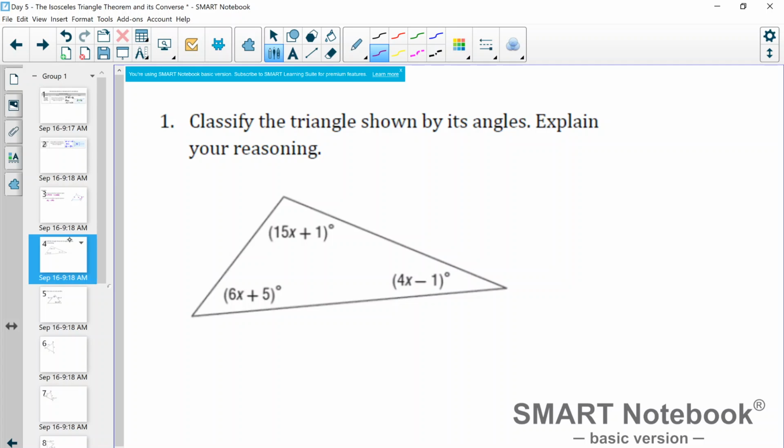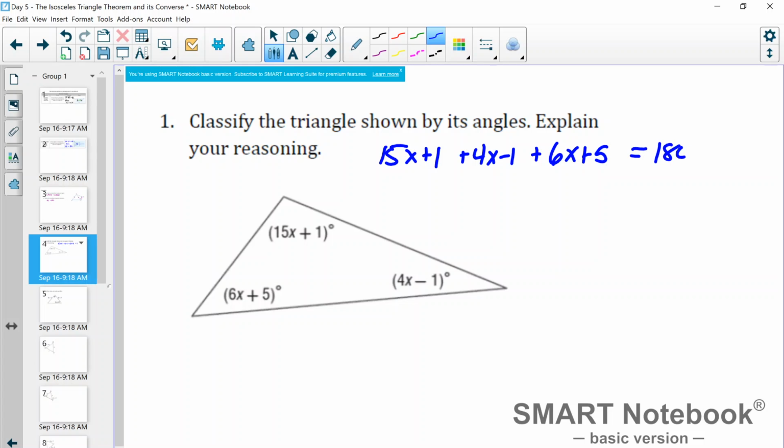Algebraically, we have these problems. We've got to classify the triangle shown by its angles and explain our reasoning. So here we have angle measurements. In terms of x, we have no idea what they are. So the question becomes, how do I figure out what these angle measurements are? Fortunately, we learned in the previous lesson that if I were to add up every angle in a triangle, I'm going to get 180 degrees. So if I add these three angles, 15x plus 1, plus 4x minus 1, plus 6x plus 5,